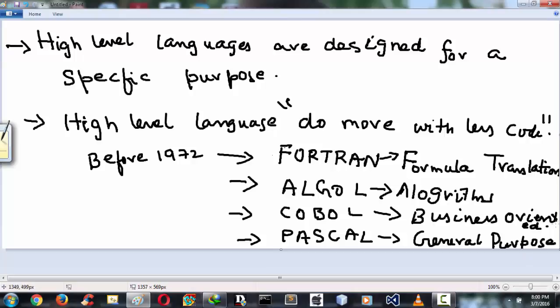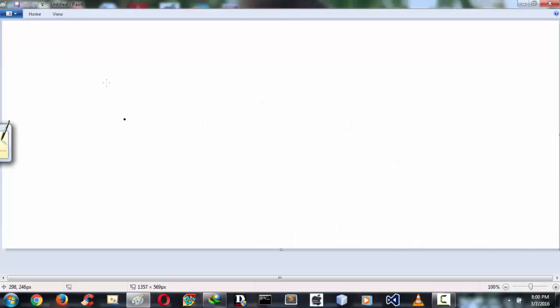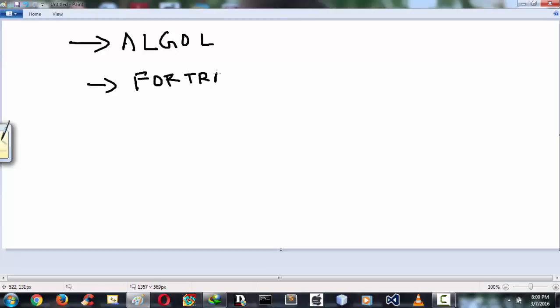I'm running out of space here. Let me clear the screen once again. So first one is Algol, a very high level language. Why are we discussing all these high level languages? Because of the drawbacks in these programming languages, the developers of C language, Dennis Ritchie and Ken Thompson,